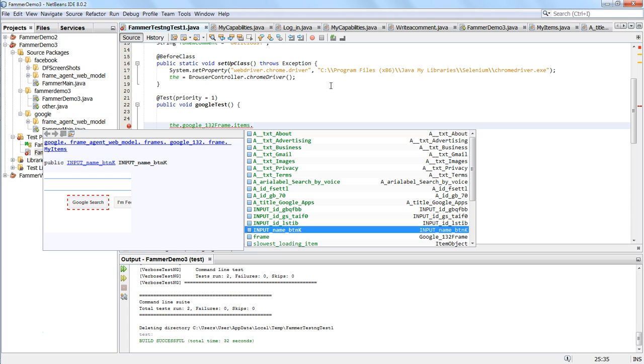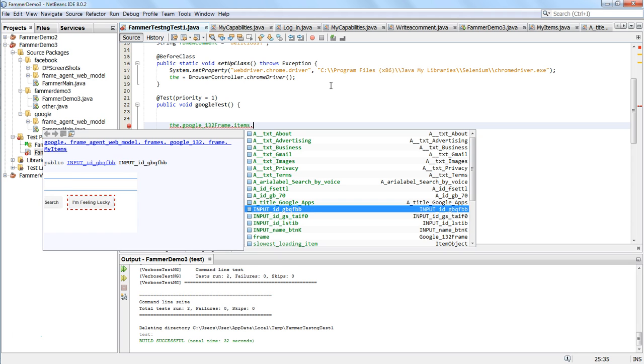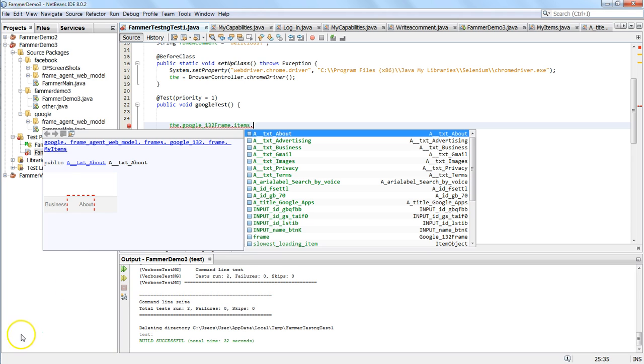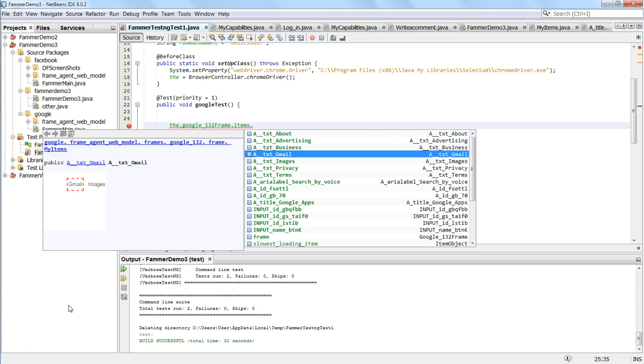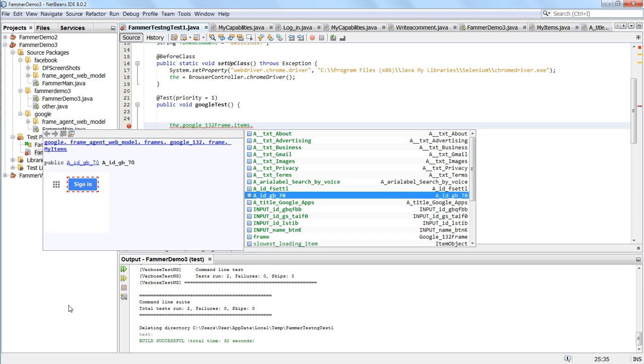So I'll just flip through. These are the elements discovered on the main Google page, and here's a snapshot of the entire frame. And then we can select the item that we want